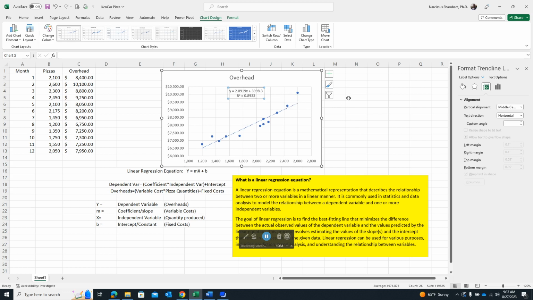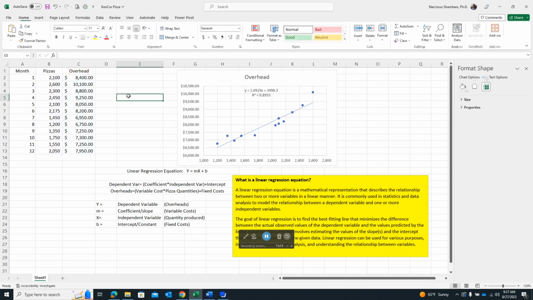So now that we have our equation with most of the values there included, right? We can now ask a question. What about if we're going to produce 1,800 pizzas? How much overhead are we going to incur because of that? Okay. So maybe we can put it on this side here so that we